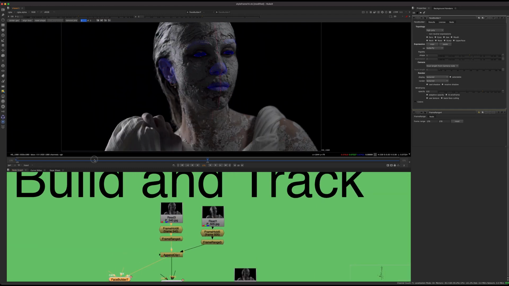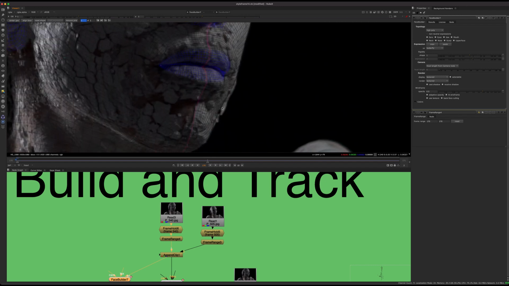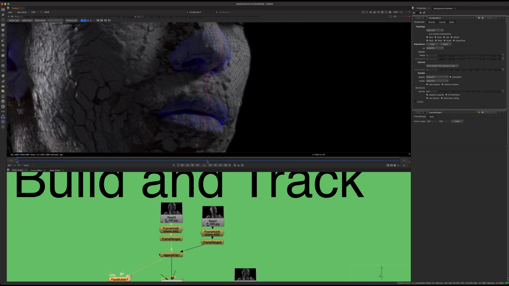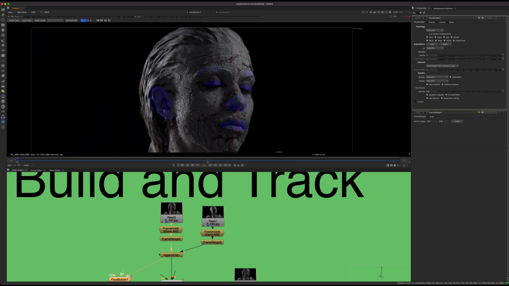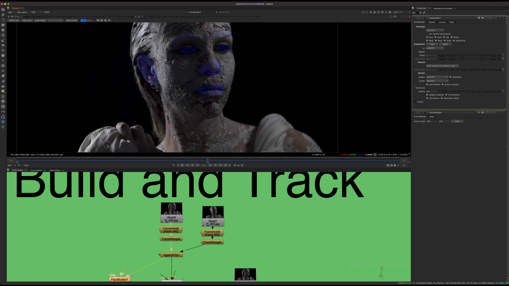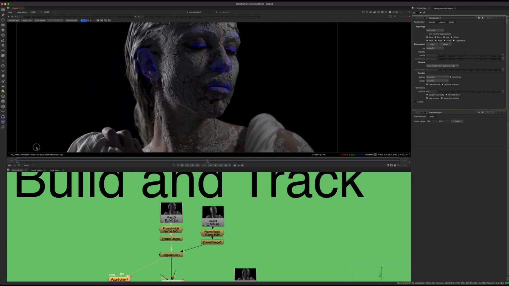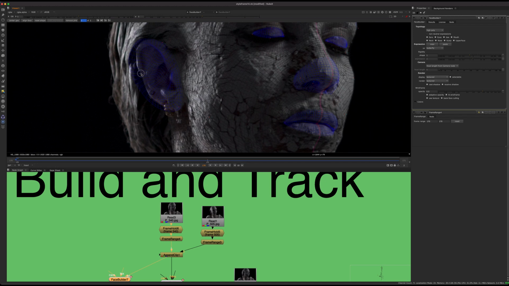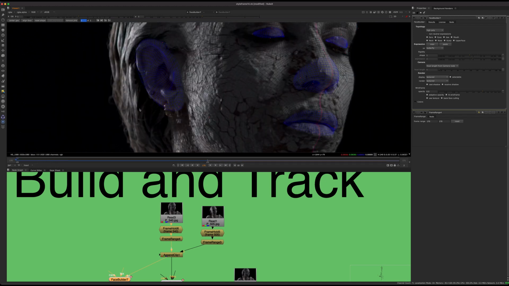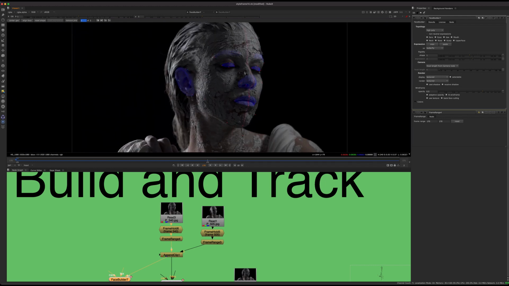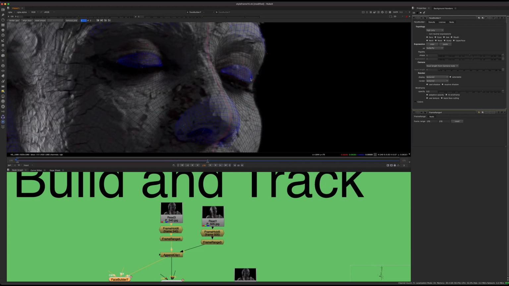But now if I switch between those 2 frames, you'll see that we're starting to get something closer. And then if it's off in some places, you can go back and tweak it and push these points around. And that's kind of how it works. So you see now it's getting closer, but sometimes you'll adjust it on the last frame. You'll need to go back and adjust it again. So it's really just a back and forth, and you just need to kind of tweak those settings and kind